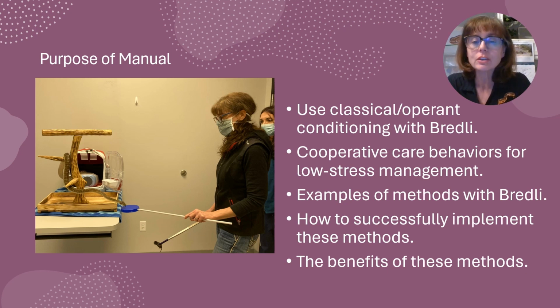The purpose of this manual is to teach keepers how to use classical and operant conditioning with Morelia Bredl under captive management. It's in order to teach keepers how to use cooperative care behaviors specifically for low stress management. It contains examples of these methods with Morelia Bredl and a few other snakes. It contains detailed shaping and training plans as to how to successfully implement these methods with the snakes, and it also contains extensive information about how this benefits the snakes,